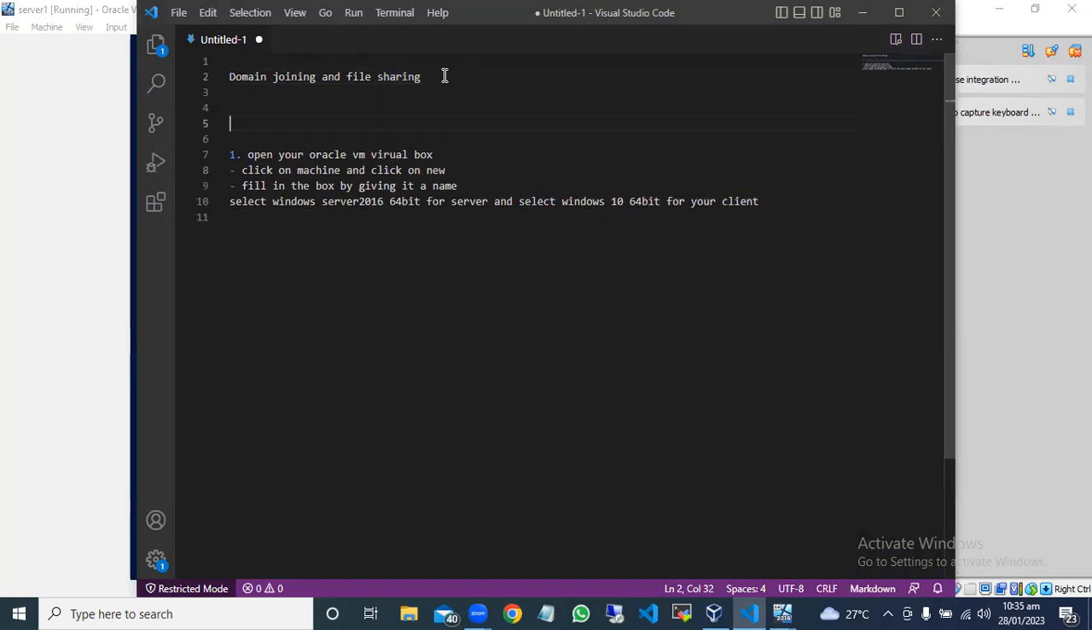Let me give it a name. This one should be installing server and an operating system. So select the Windows Server to create, click Next. Then after creating the templates,